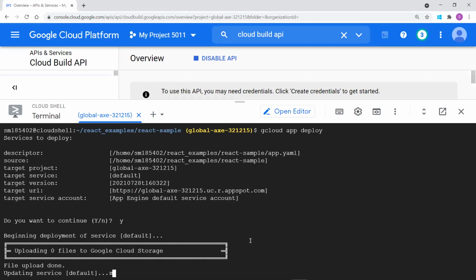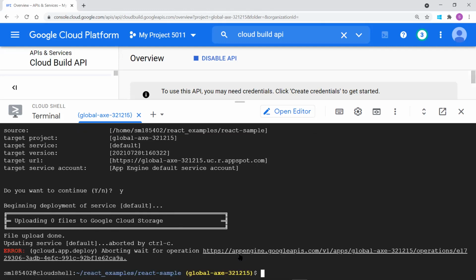Thereafter, I will provide you the gcloud app browse command so that you can browse our application in the web browser. It is taking some time. Yep, we have aborted it.